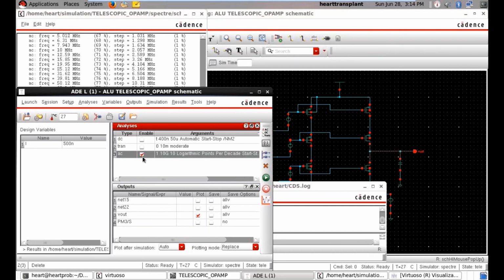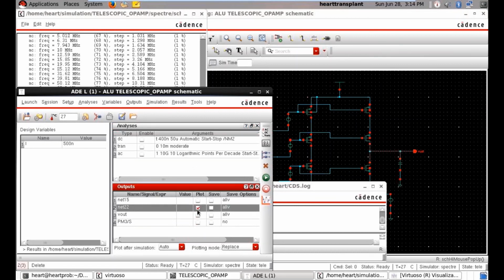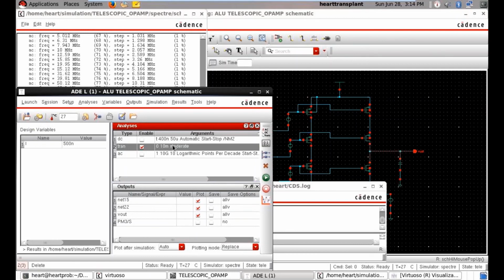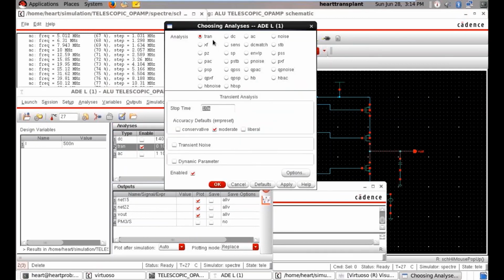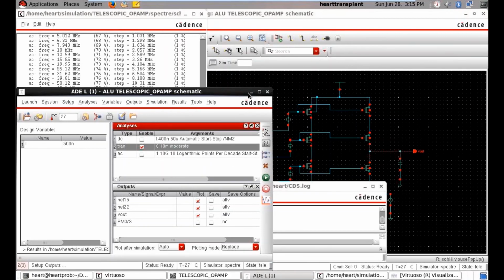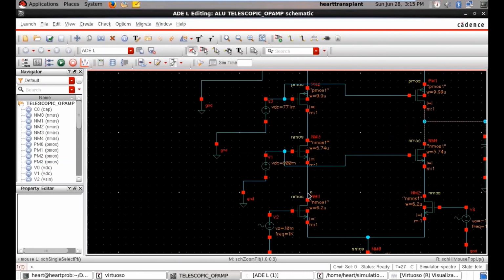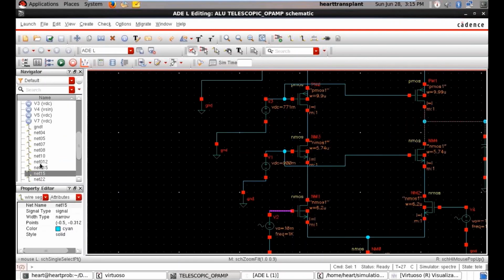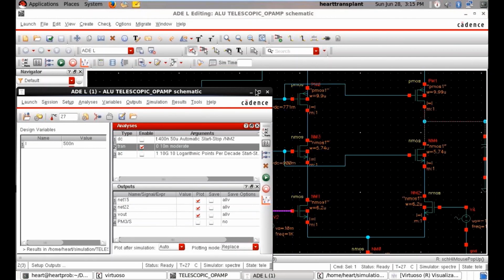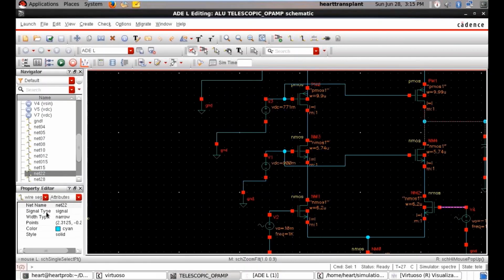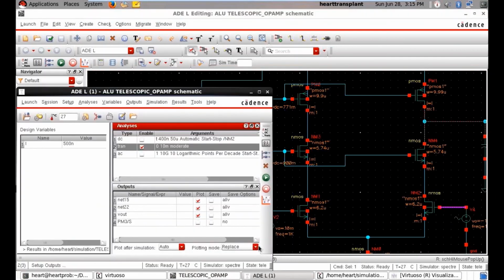After going through AC, we'll do transient analysis. I'll do the simple moderate one. I'll choose both Vin, where net 15 is V1 and V2 is net 22, and Vout.